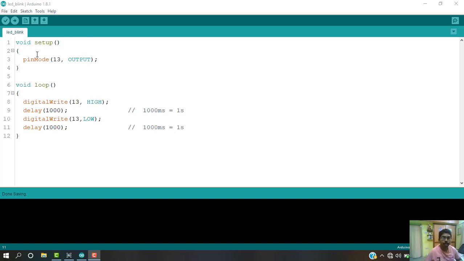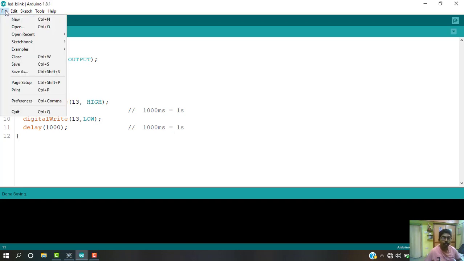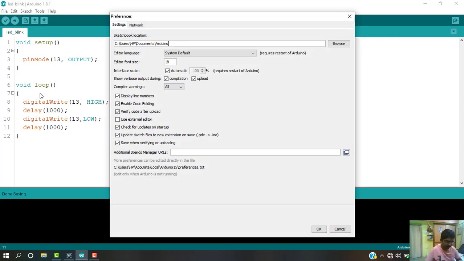Okay. Now open File, Preferences. You need to make these options as shown. Select all over here and see these options and make them as they are on your laptop.